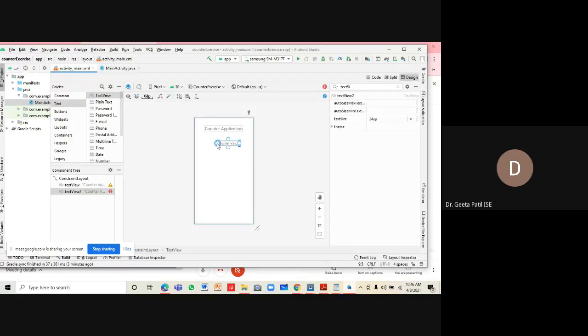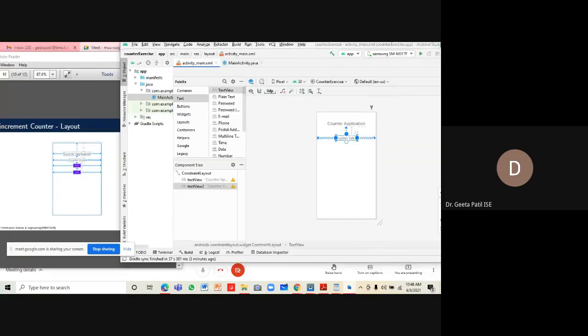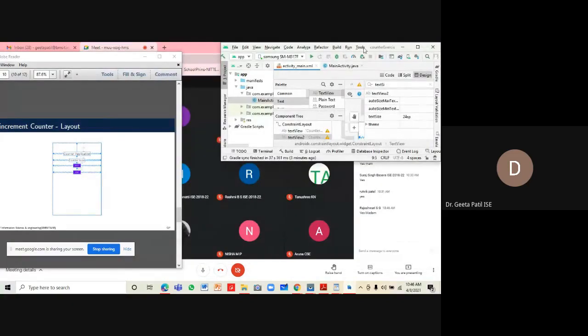Start of this view is constrained by start of the parent, end is constrained with end of the parent, and top is constrained with bottom of the counter application label. I think we have not changed the name of the label, so let us change it.